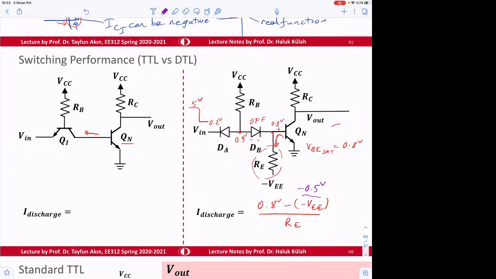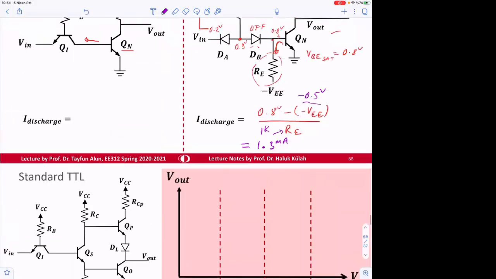And then this RE, let's say, is an extreme case. I mean, we don't want RE to be such a low resistance, but if it is 1K, then this will be 1.3 milliamp, okay? So it is a large, instantaneous current. So this will be switching from here to maybe a smaller number, but the voltage swing that we want is